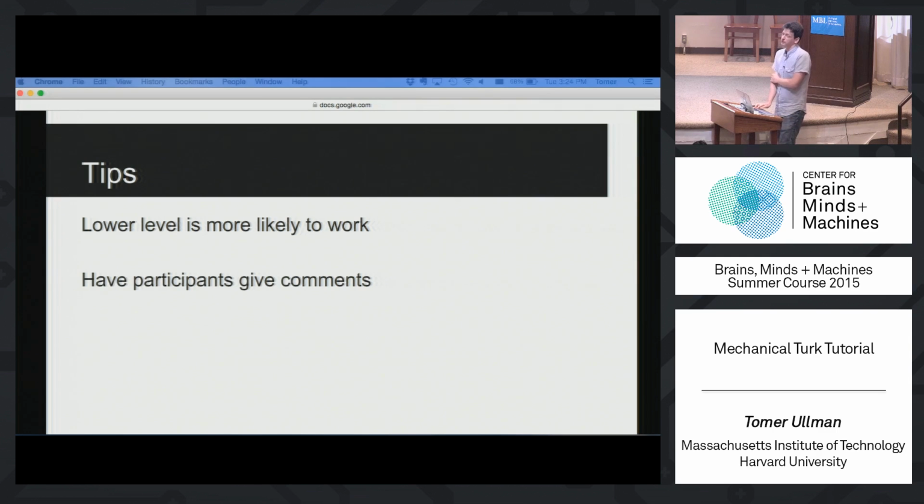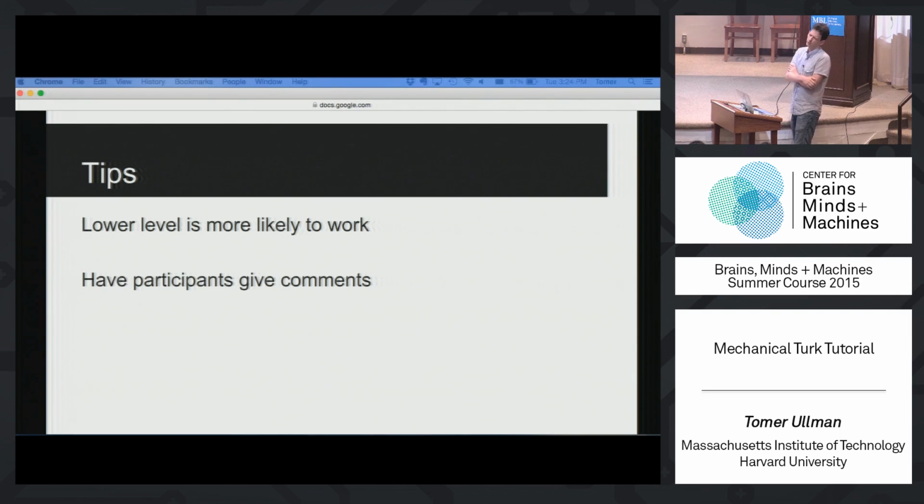Have participants give comments. At the end of your survey, once they're done, before the debriefing, collect some demographics and leave them something optional to just say, what did you think of this study? Do you have any comments or anything like that? Most of the time you won't get any comments. After that, the most likely thing is they'll say, fun study, thanks, interesting, stuff like that, if you've done it correctly. Some of the studies we've done have been crazy and they really like it and it's nice to get good feedback. Or they'll tell you something like, that was really interesting, could you tell me a bit more, here's my email address.